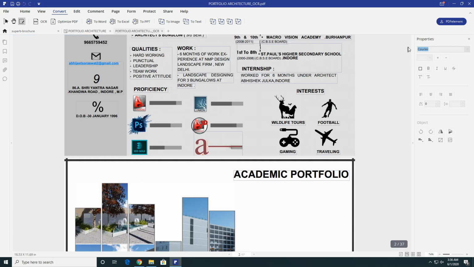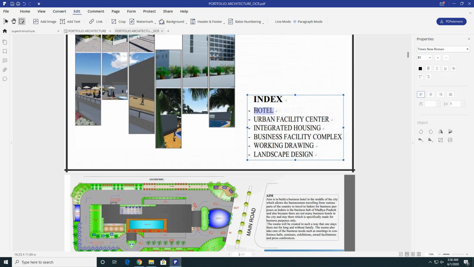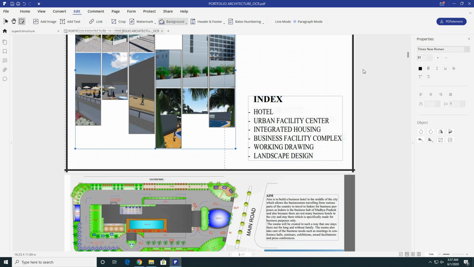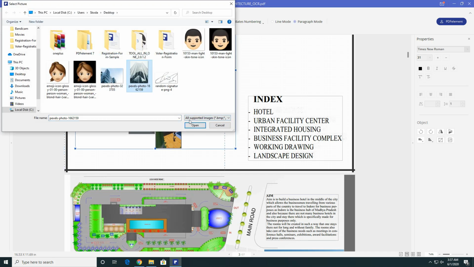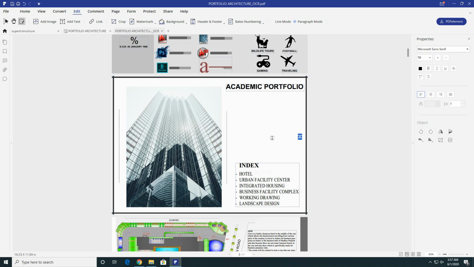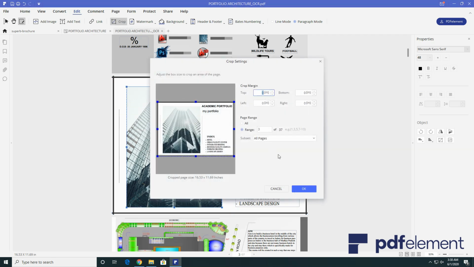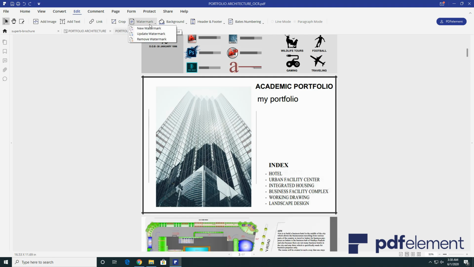So now the process has completed and as you can see, now you have the editable text boxes. So you can edit the text and perform all the other editing tasks that I had shown in the Skoda PDF that I had opened earlier, like text editing, image editing, and you can also replace the original image with any image of your choice. You can also add text boxes and edit the text size, style, color, and alignment. You can also crop the entire page of the PDF. You can also add a watermark, background color, header and footer like we did earlier.